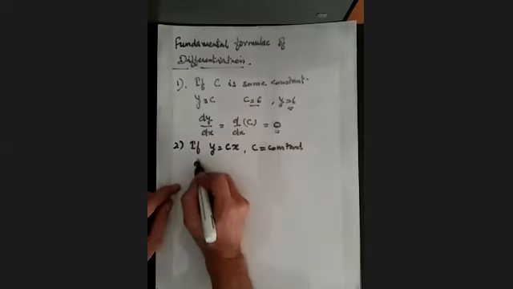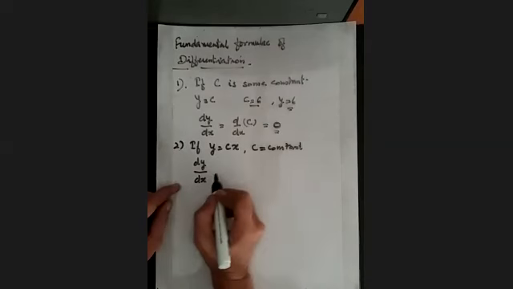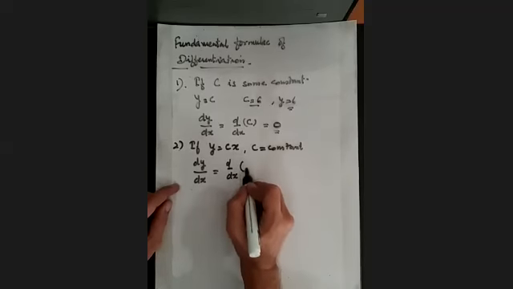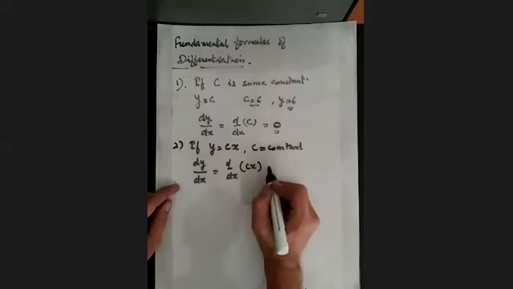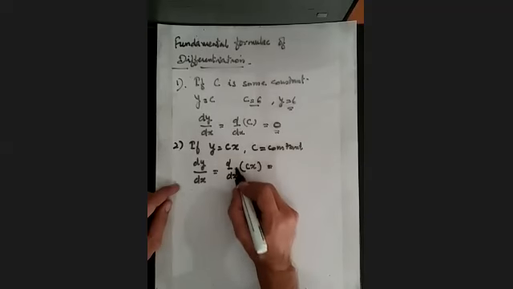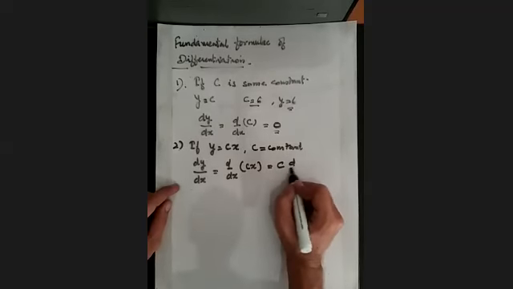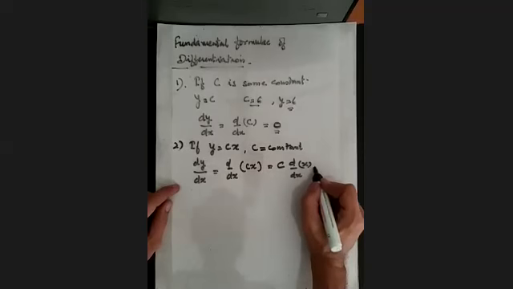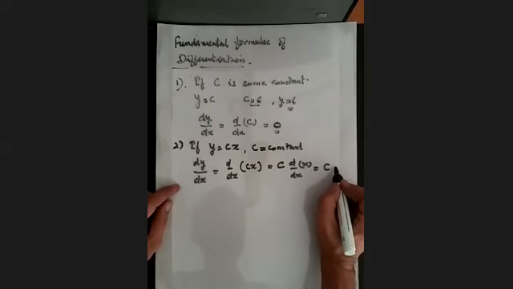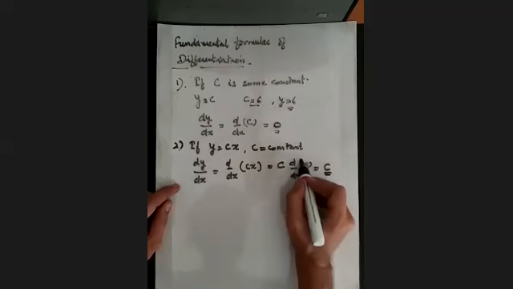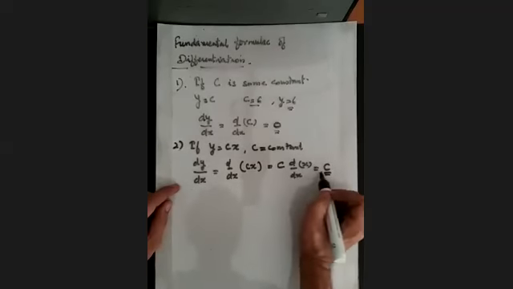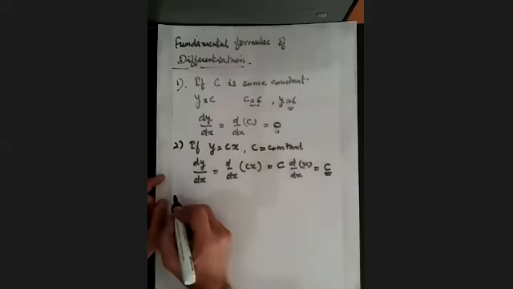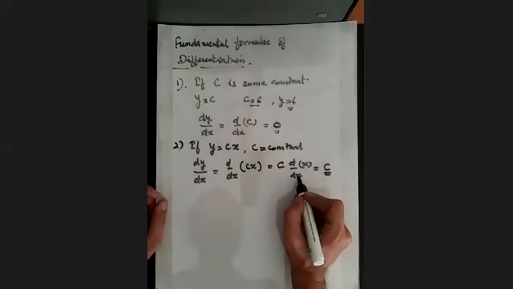Then differentiation of y, this function, with respect to x, because now y depends upon x. So we'll write down d dx of cx. We'll place the value of y here. C is a constant, so we'll write down d dx of x. It depends on x. And d dx of x is equal to 1. So C will be the final value, because the derivative of this function, dx by dx, is 1. Differentiation of x with respect to x is 1.